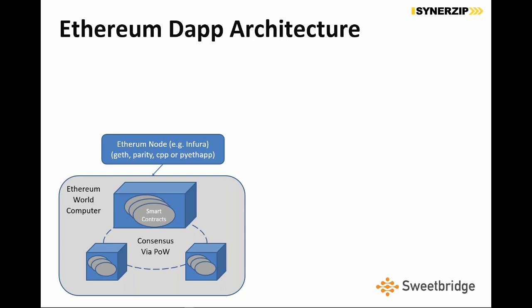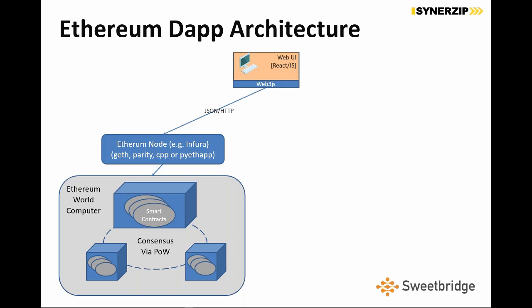There are several instances out there. There's Geth, which is a Go instance. Parity builds, I think, in Rust, I believe is what they developed in. There's a C++ instance. There's a Python instance. These are all open source, and you can download and run them. And then